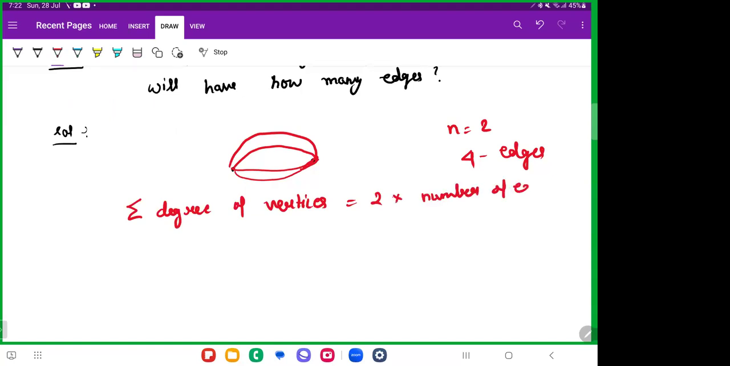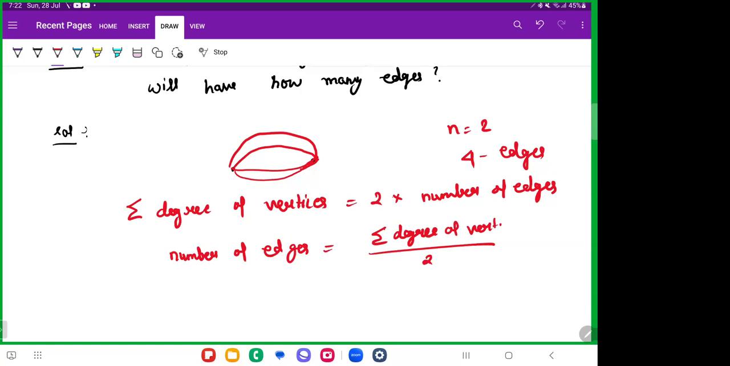Okay. So how will you prove this? I'm asking for a proof of this. We can take the help of the handshaking lemma kind of thing, wherein everything is getting counted twice. So since every vertex, in order to form an edge,